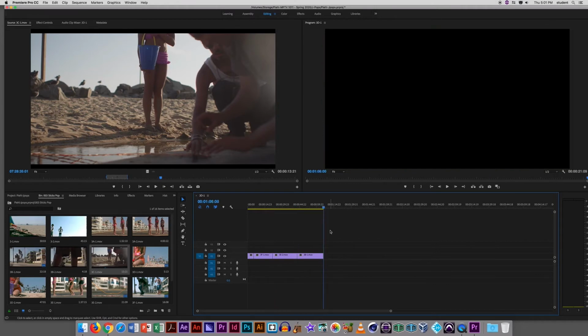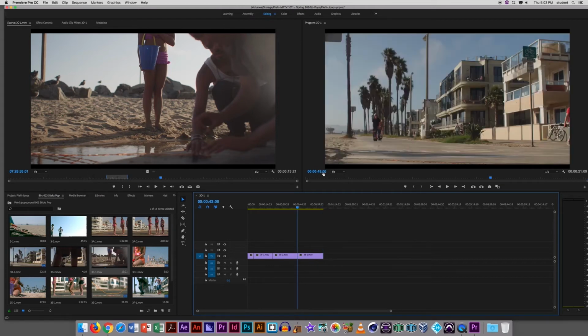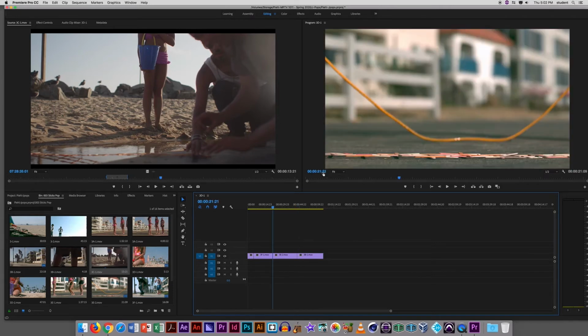So as I scroll, as I'm using the arrow keys on the keyboard, I'm taking a look at what my time code is saying, and I'm at the end here. So if I scroll back down, I'm at 43:21, right? So that's where I have it at. I'm going to